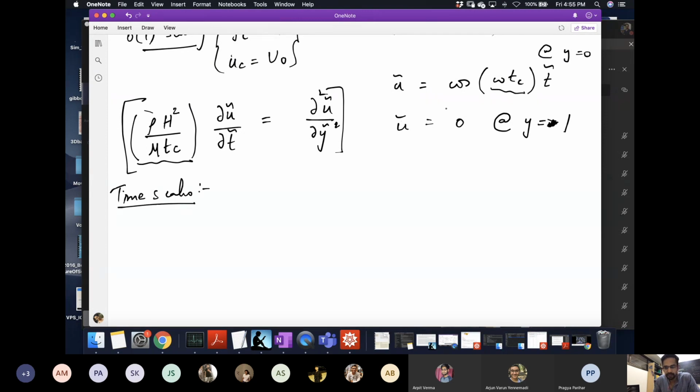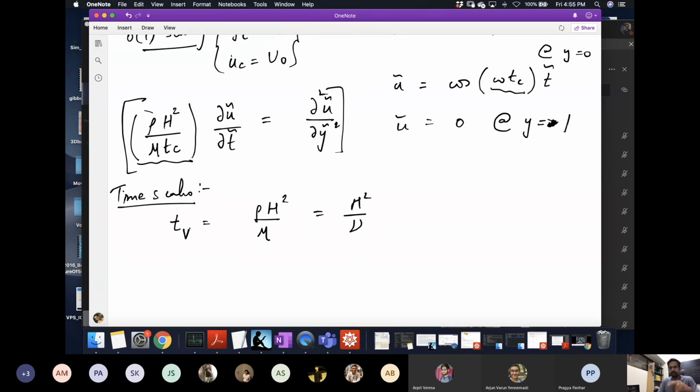If there are multiple groups which give you options of setting to 1, it means you have multiple possible time scales. So let me look at the first time scale that comes if I set this term equal to 1. I'll get a time that's given by rho h squared by mu, which is basically h squared over the kinematic viscosity. Remember, kinematic viscosity is meter squared per second, and this is meter squared, so clearly it has units of seconds. So this is one time scale, h squared over nu, and it's clearly a viscous time scale. So I'm going to call it T viscous.